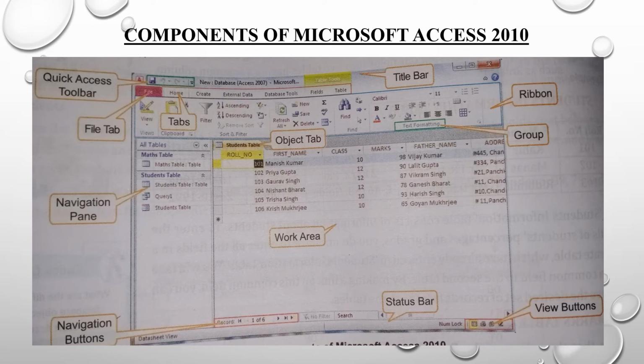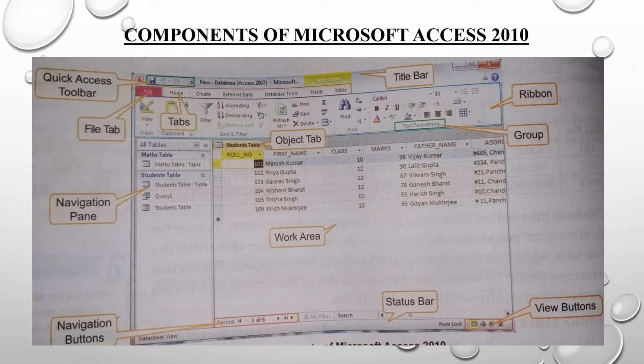Next one is quick access toolbar. This toolbar is present at the top left corner of the Access window. It contains the most frequently used command buttons. By default, it has three buttons which are Save, Undo and Redo.